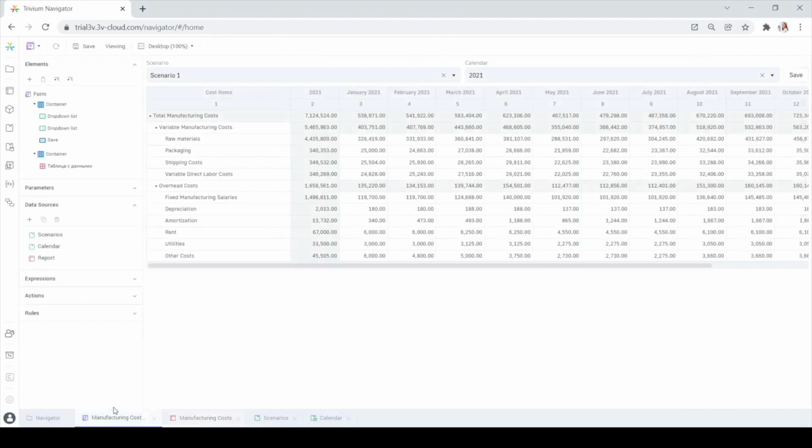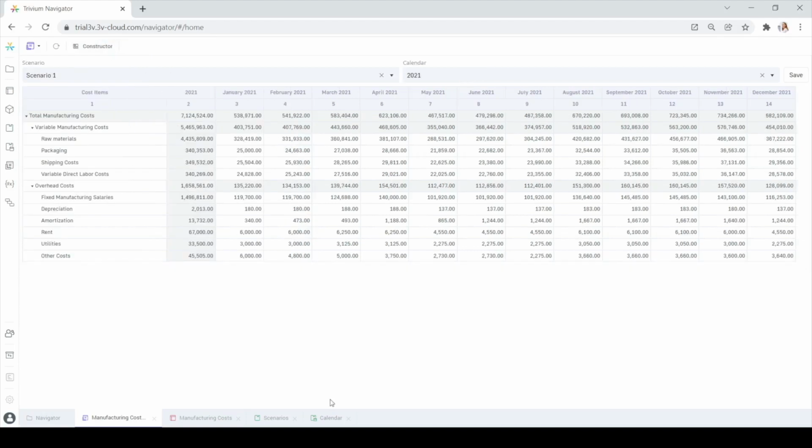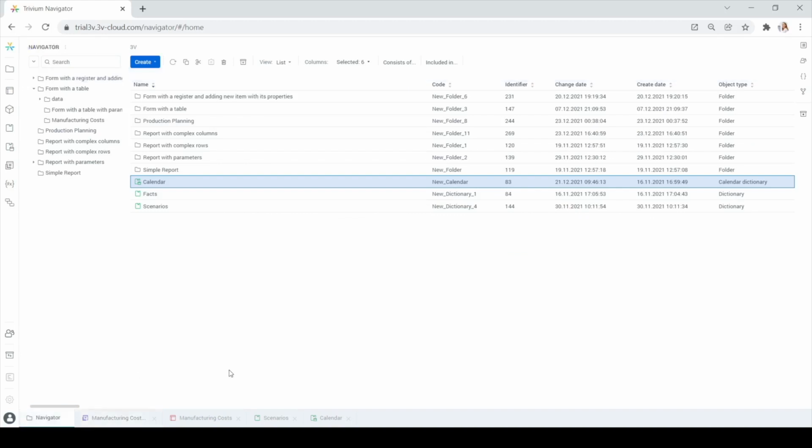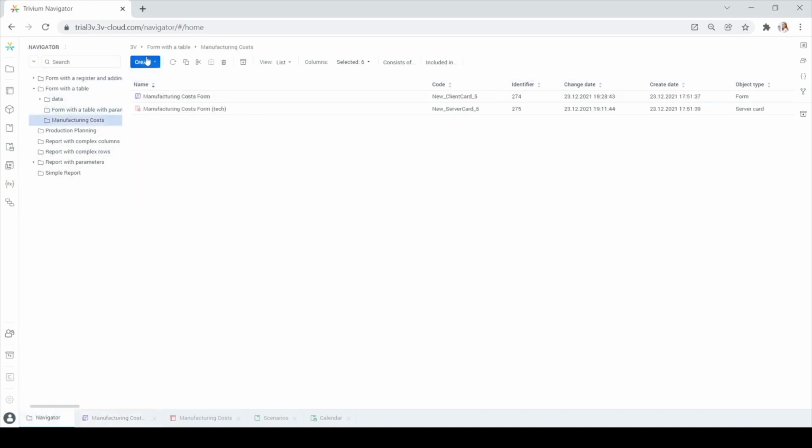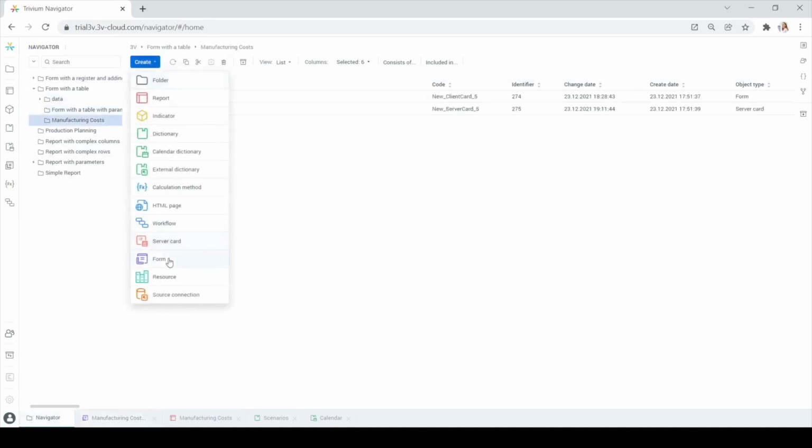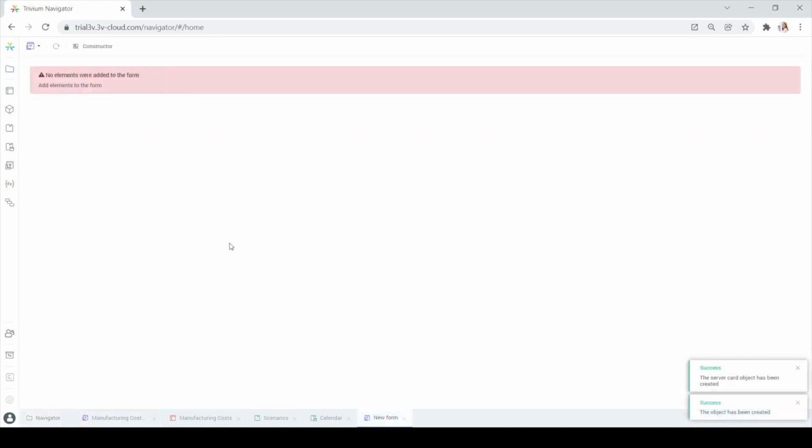Well, forms are needed to configure a custom view of the different elements, logic and actions. Here we can also add other tables and elements too. Okay, let's configure this form from scratch. Go to the navigator, create form, open constructor,